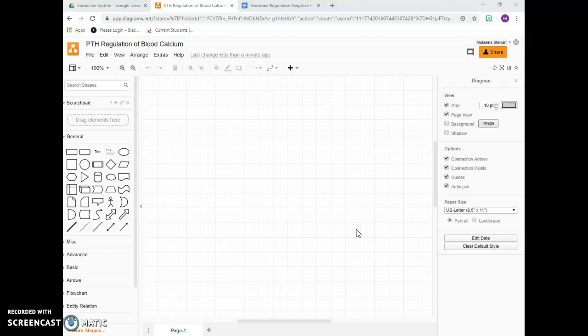Alright, so I'm going to show you guys how to create a feedback loop using the Draw.io software. This is also going to give you an example of a negative feedback loop to give you an idea of what your feedback loops may look like, or at least to give you a starting point. So this feedback loop is going to look at